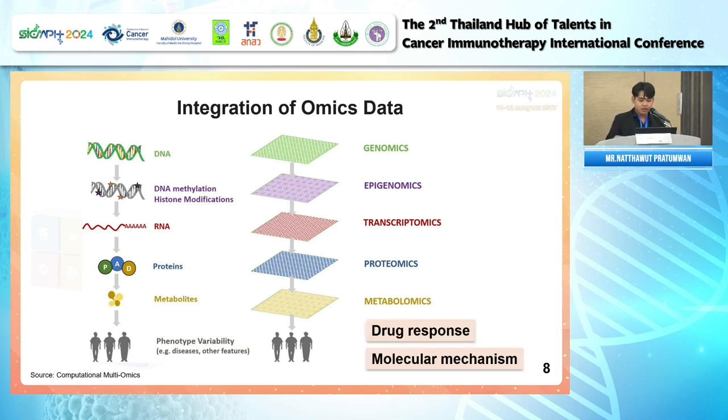And the interesting thing is the integration of many omics can answer about the drug response of the cancer cells, or help us understand the molecular mechanism of the cancer cell, or even, in the case of the CRISPR-Cas9 gene editing technique, if we knock out some protein involved with metabolism, it will show a different phenotype when compared to the wild type cancer cells.